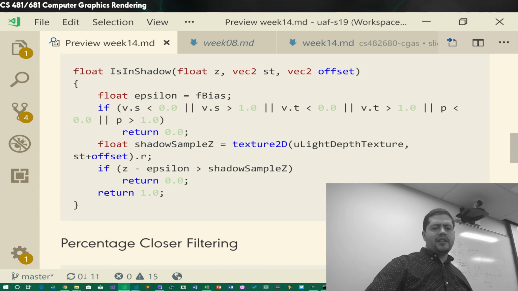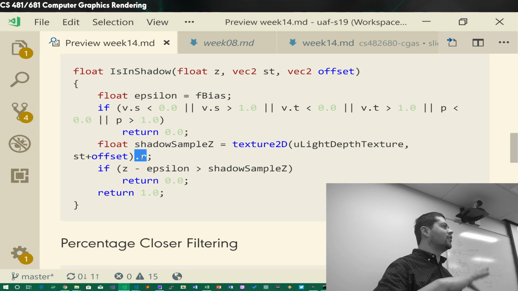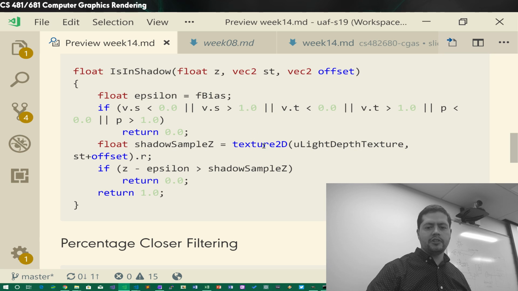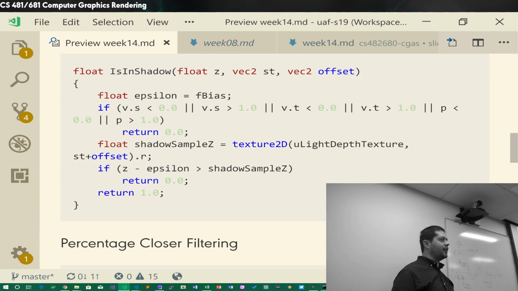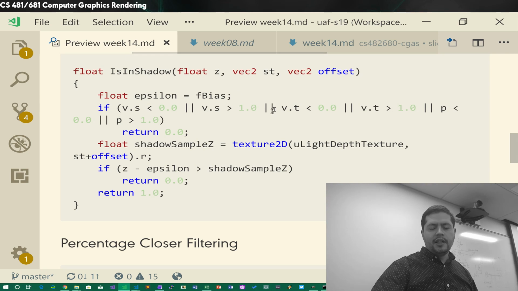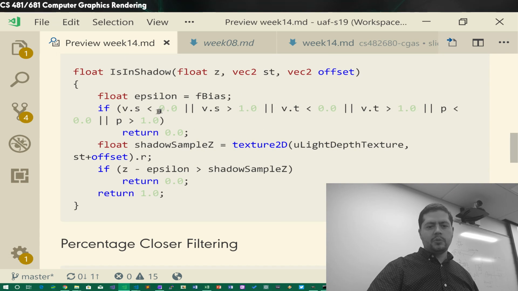I think I may have made that mistake once in the past where I'm looking at Z; it was just my misinterpretation of how all this works. So, the way texture2D works: I'm accessing the depth texture, looking up pixel ST, those are the coordinates. ST goes 0 to 1, and we use the shadow bias matrix to offset everything so we're looking only in the texture map. I do this little special case where